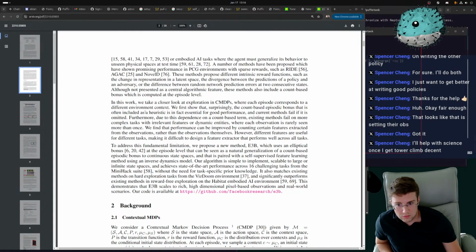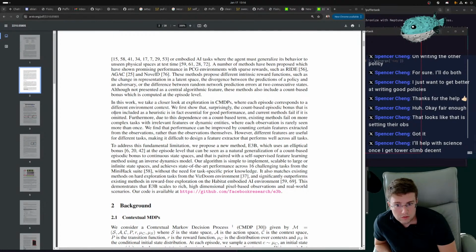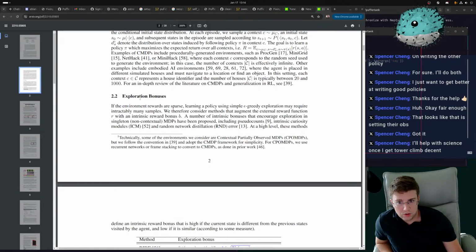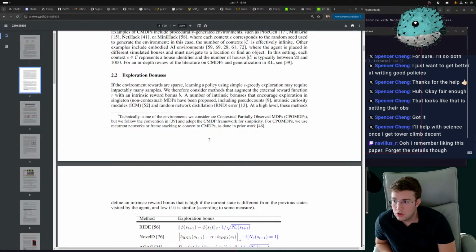Surprisingly, count-based often includes the heuristic is in fact essential. Current methods fail if it's omitted, okay. Existing methods fail in more complex tasks. Sure. We're not reading this. Exploration bonuses. That's just needless formalism. Environment rewards are sparse. Learning a policy using simple epsilon greedy exploration may require intractably many samples. Yes. Do I remember liking this paper? Forgot the details? Yeah, we're looking at this now